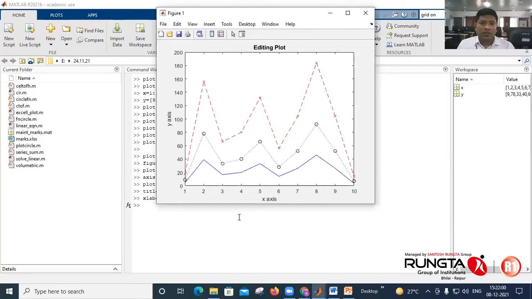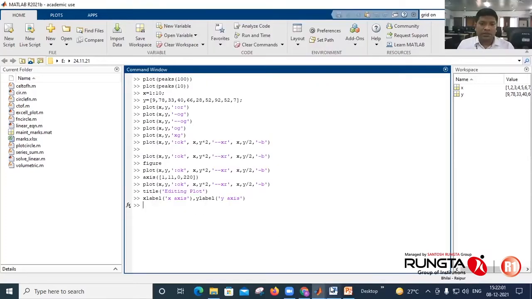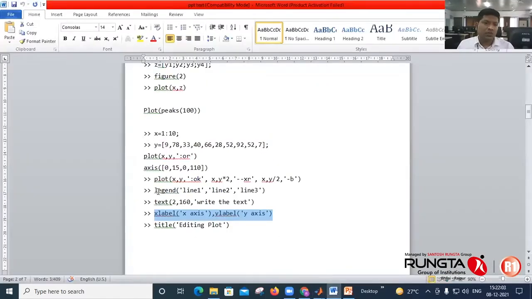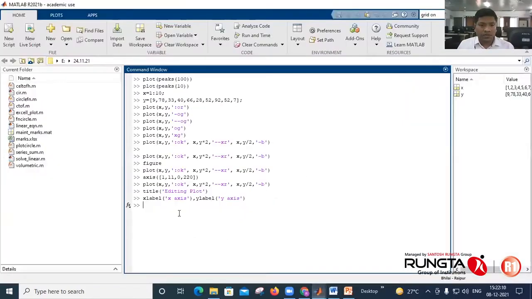Then you can add a legend also. So say there are 3 lines, I am giving a legend to that. The syntax is similar to the title and X label. So legend line 1, line 2, line 3.